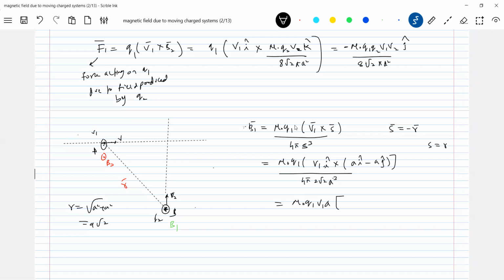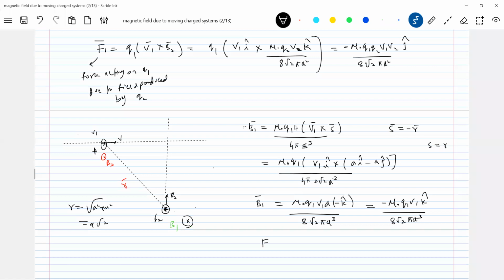It should be equivalent opposite from Newton's third law. So I cross I will be 0. I cross J will be K. So V1, so this I'll end up with minus K. So 8 root 2 pi A cube, or finally this is equal to mu naught q1 k cap by 8 root 2 pi A cube. This is B1. This will be into the plane, B2 was out of the plane.